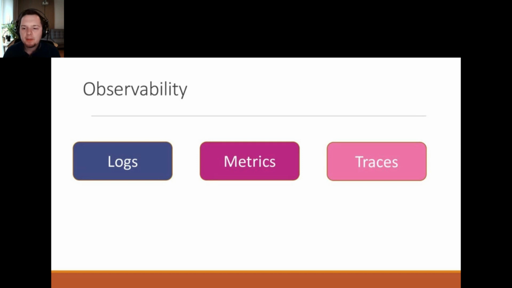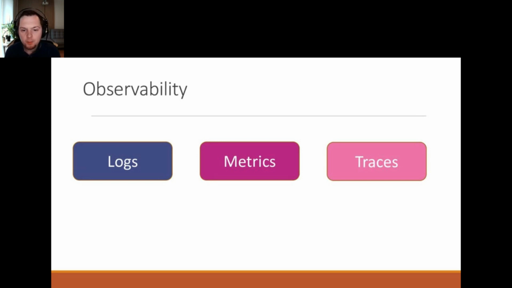The trace will show the activity through all the components when you make that request for putting something in the shopping cart.